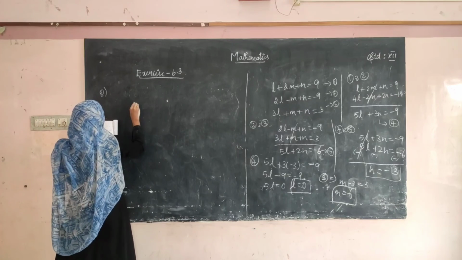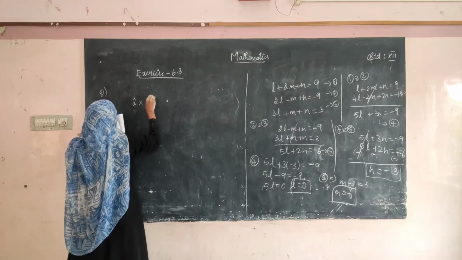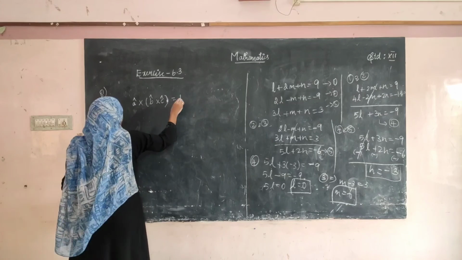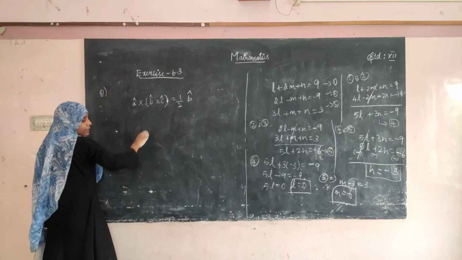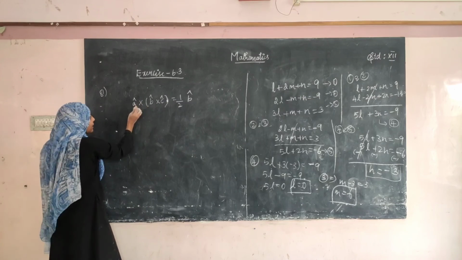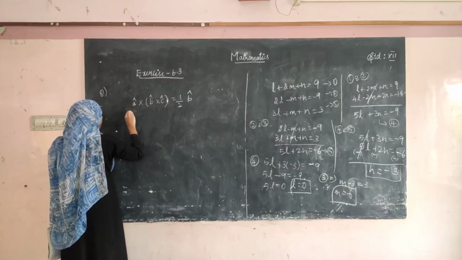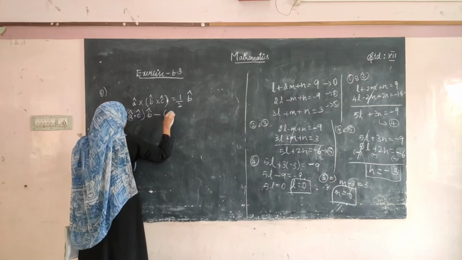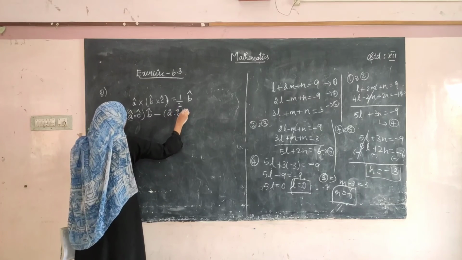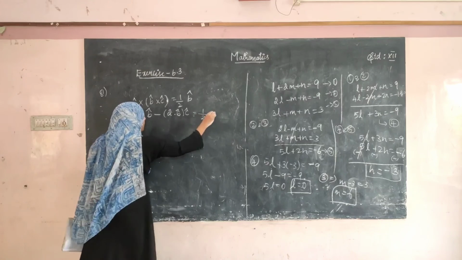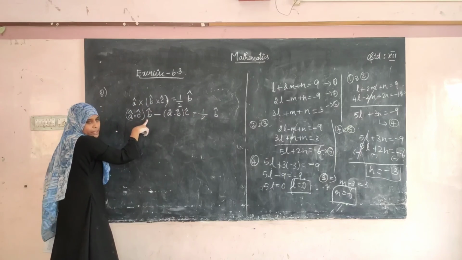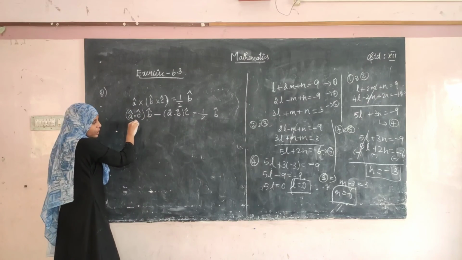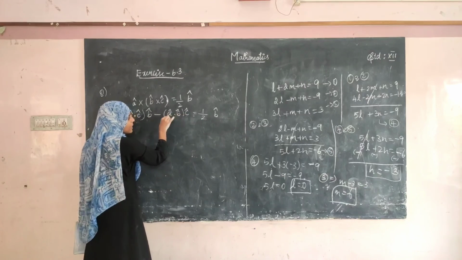Okay, so what they have given is A cap cross B cap cross C cap is equal to 1 by 2 into B cap. Shall we expand this? This is in the format of vector triple product. So this will be A cap dot C cap into B cap minus A cap dot B cap into C cap is equal to 1 by 2 into B cap. See here, B cap is here. In the outer side we are having C cap. So the coefficient of B cap is A cap dot C cap. Coefficient of C cap is A cap dot B cap.